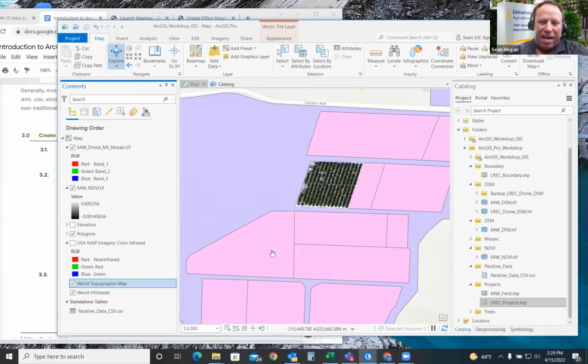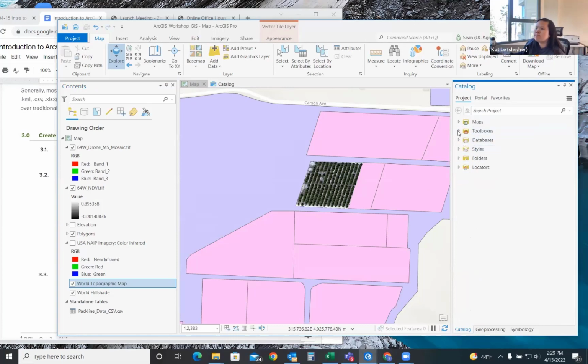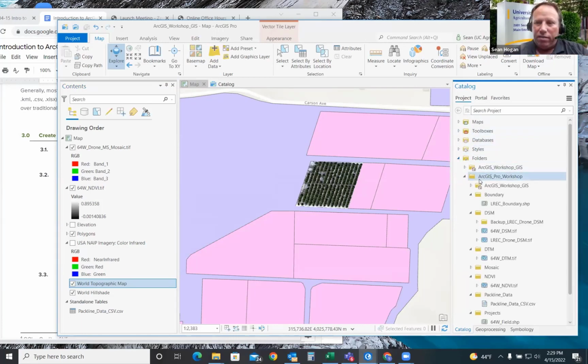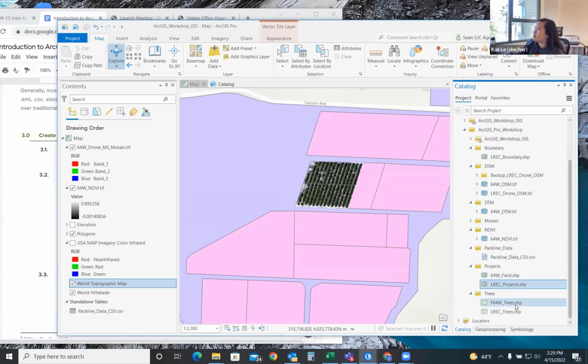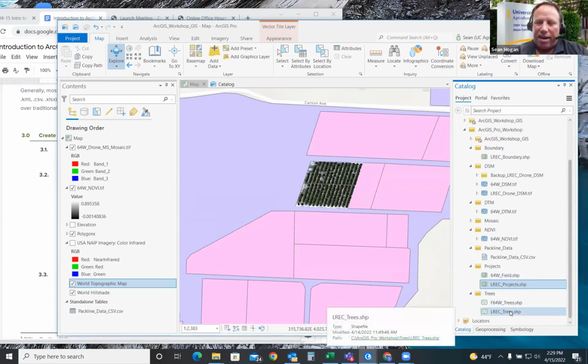If you couldn't add data in this way, don't worry about it. There's one step, and it's in the directions, but if you couldn't add data, go to your catalog, and under your folders, down at the bottom of your options, you'll see trees. Add in the LREC trees layer. Should I add that under polygons?